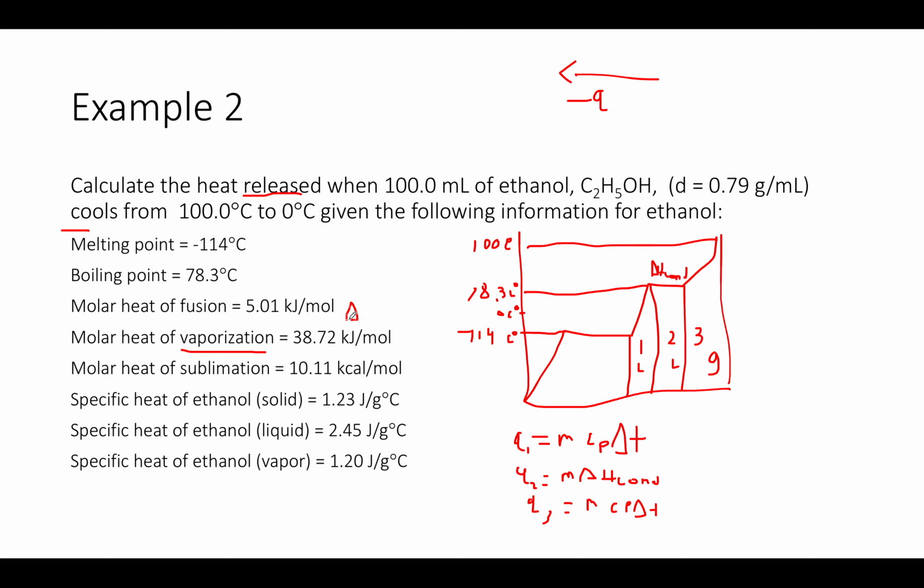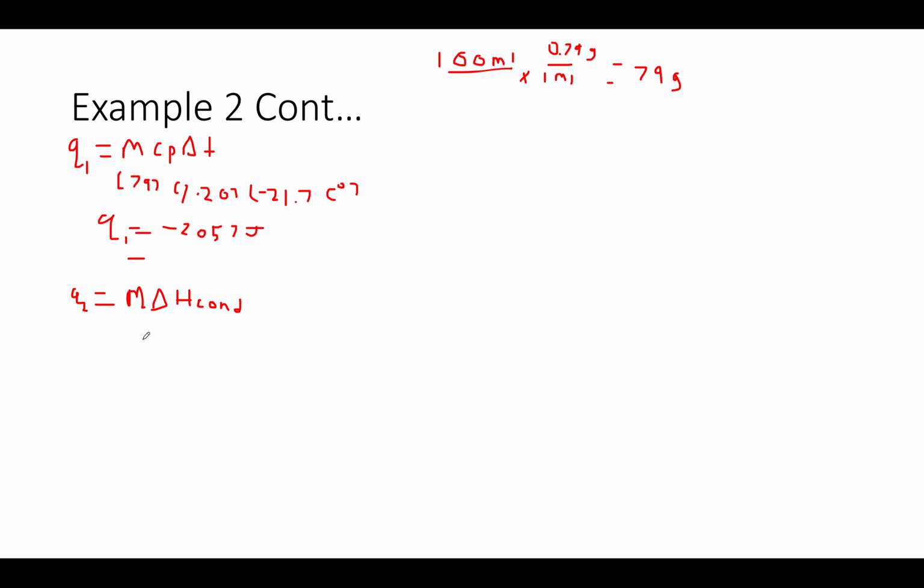So the heat of condensation would be the negative value of the heat of vaporization. So it would be negative 38.72 kilojoules per mole. So heat of condensation equals negative 38.72